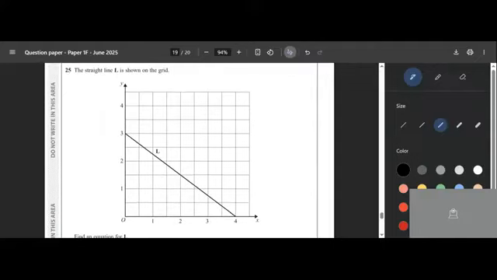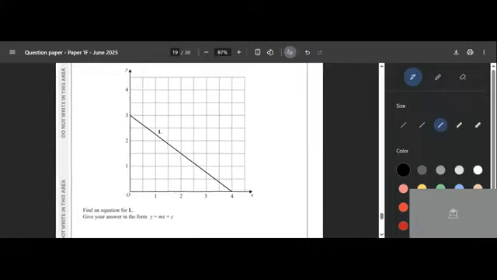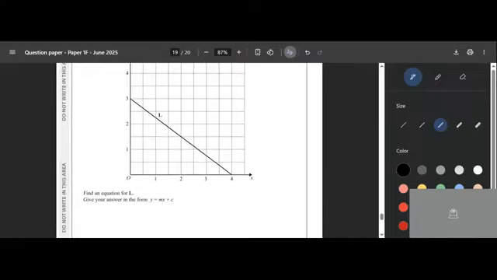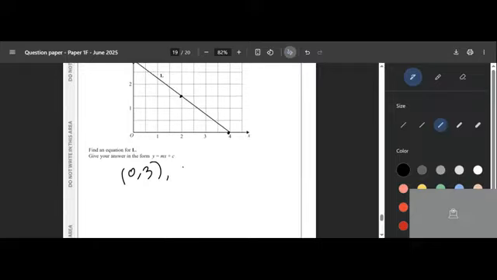We're told that the straight line L is shown on the grid. Find the equation of L in the form y equals mx plus c. First, what we're going to do here is identify 2 points. The first point, I'm going to use this point here, which is 0 and 3. And the next point is this point here. If I take any points where they are meeting, to find the gradient, I'm going to take